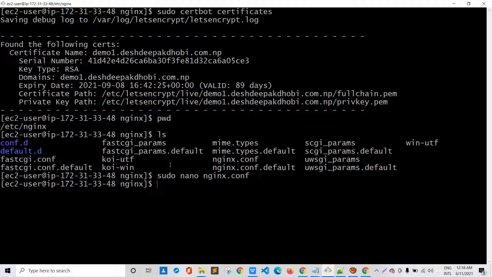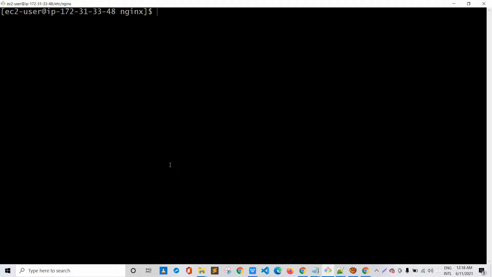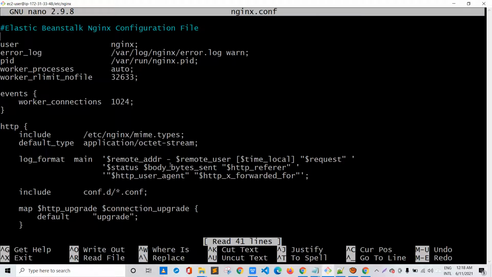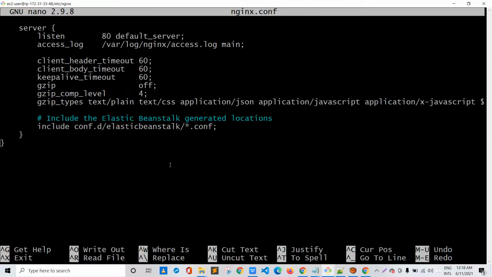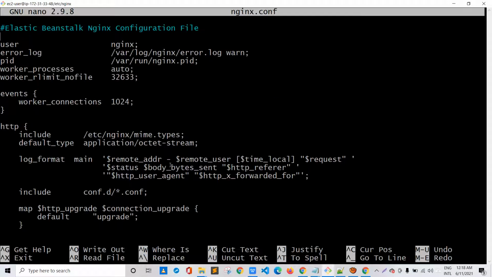So let me check for that. I'll go to sudo nano, or I can use that command again, and if I look right now, there is no command related to Let's Encrypt or Certbot. So all of them have been overwritten and rolled back to the default as we have updated our application version.